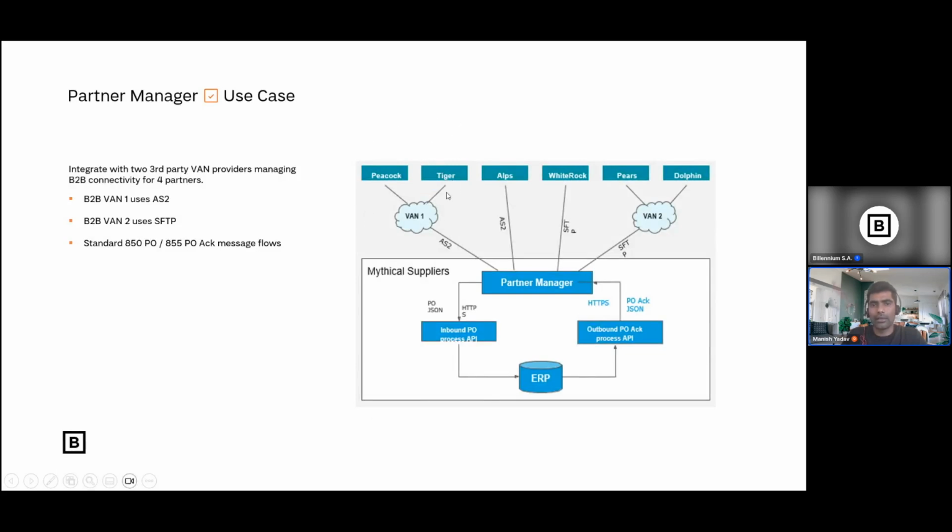So what they have done is they have signed a contract with some other company called a VAN, value added network, some other company who provides an AS2 protocol for them. Similarly, if you see, these partners know how to set up AS2 protocol. These partners know how to set up an SFTP protocol. But these four partners are dumb partners. They do not know the technology, like how to set up AS2 or SFTP.